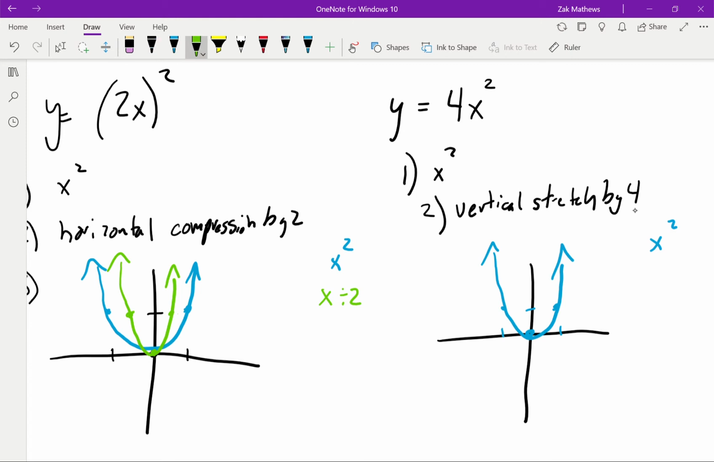Well, that tells me to take my y's and multiply by 4, exactly what it told me to do here, 4 times the y's of the parent function. 0 times 4 is still 0. This y value is 1 times 4, which is going to give me 4. And then this 1 times 4 is also 4. And so what I see